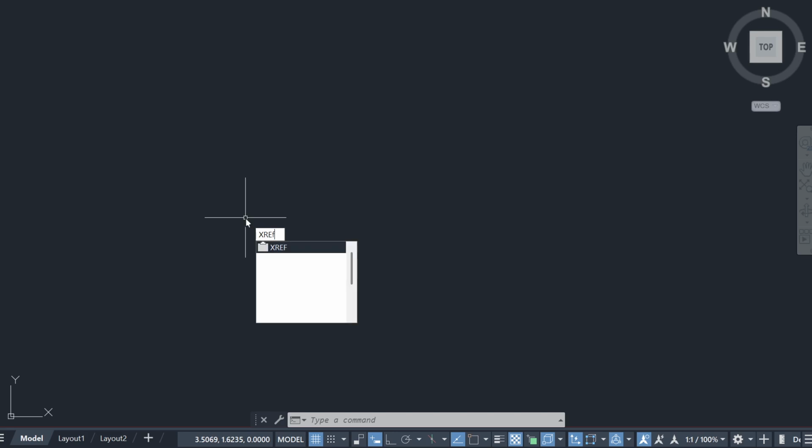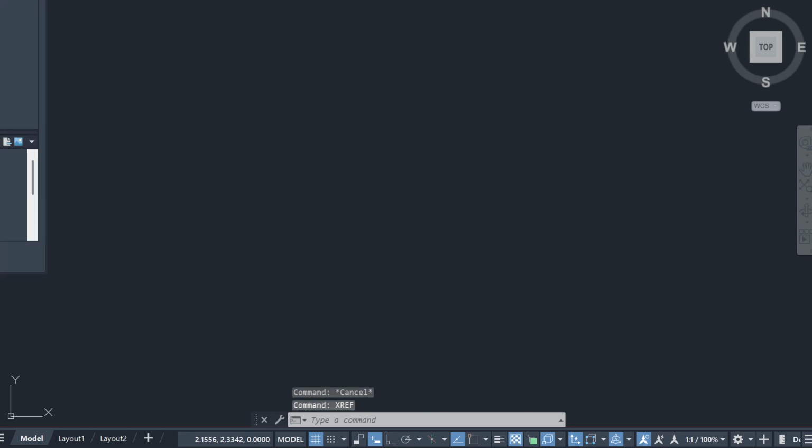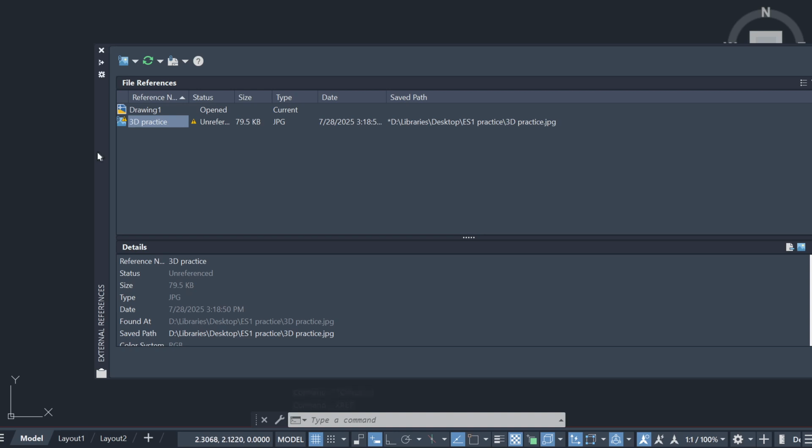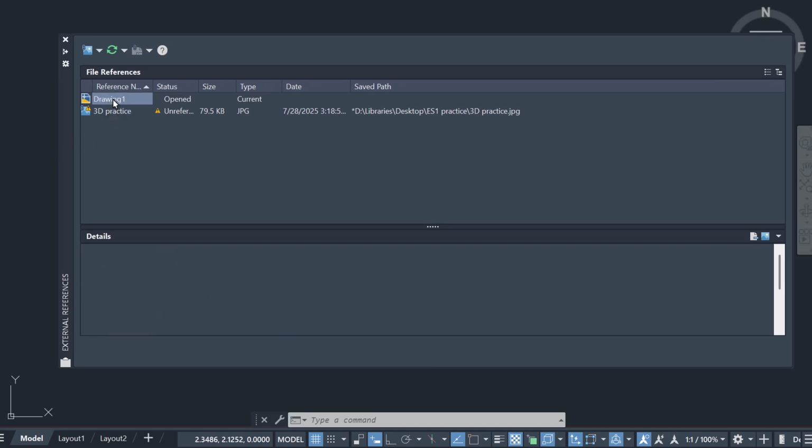Okay, so we type the command xref, or pwede rin siyang hanapin nyo. It's somewhere in insert, no? Insert tapos external reference. But it's always just easier to use the commands, no? Okay, so I'm typing xref, then a pop-out will appear, and let me show the pop-out baka hindi kita. Ayan. So this is the pop-out. It will look something like this, and I've already